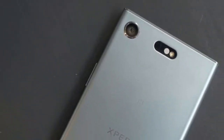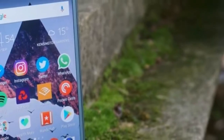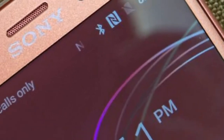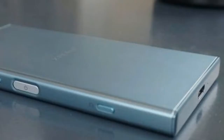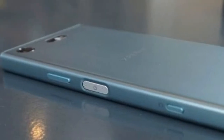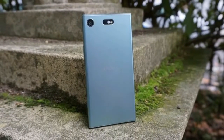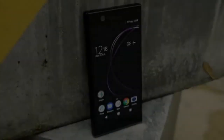Sony Xperia XZ1 Compact, £99.99 upfront, 1GB data, unlimited minutes and texts, £17.99 per month. This tariff from Carphone Warehouse on EE is the lowest we're currently seeing on the XZ1 Compact without having to faff around with cashback. You can now get this excellent phone for less than £20 per month, as long as you don't mind paying £100 upfront. The XZ1 Compact used to be available for less than £500 for the 2 years, but not right now. Total cost over 24 months is